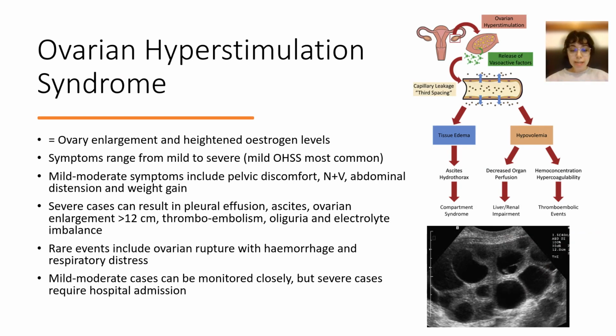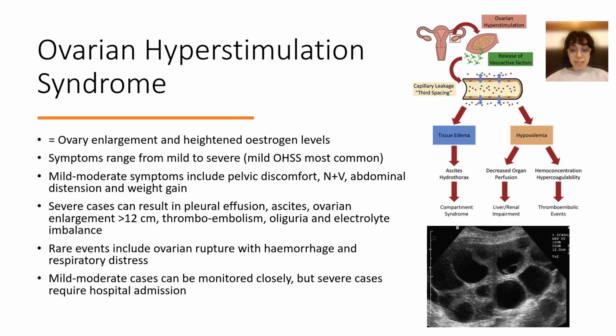So what is ovarian hyperstimulation syndrome? It's basically what it says on the tin. The ovaries become hyperstimulated, which results in ovarian enlargement and heightened estrogen levels. Symptoms range from mild to severe. Most cases are mild and can just be monitored closely by a healthcare professional. However, there are some severe cases which require urgent hospital admission. Now, mild to moderate symptoms include things like pelvic discomfort, nausea and vomiting, abdominal distension, and weight gain. However, severe cases can result in things like pleural effusion, ascites, ovarian enlargement more than 12 centimeters, venous thromboembolic events,